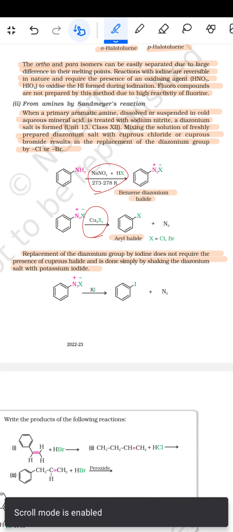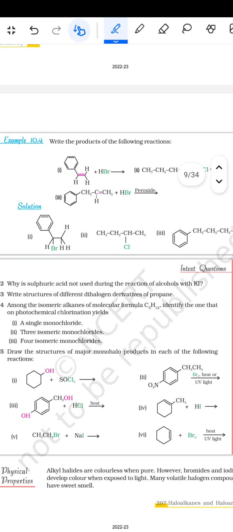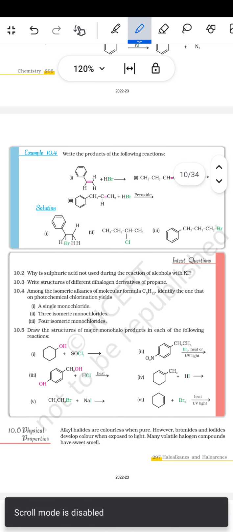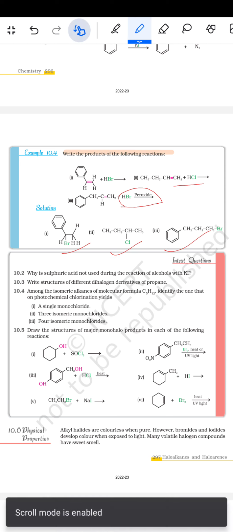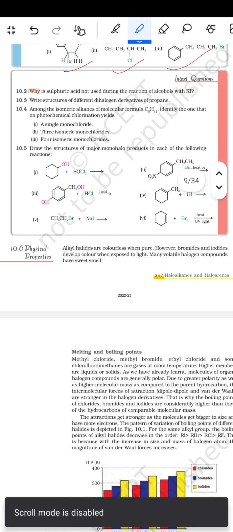तो इसमें I प्लस N2 बन जाएगा। उसके बाद: write the products of the following reaction, जैसे HBr, और फिर उसके बाद HCl इसमें ऐड किए, फिर इसमें HBr और पेरोक्साइड ऐड किए, तो ये इसमें बन जाएगा, इसमें ये बन जाएगा और फिर इसमें ये बन जाएगा।